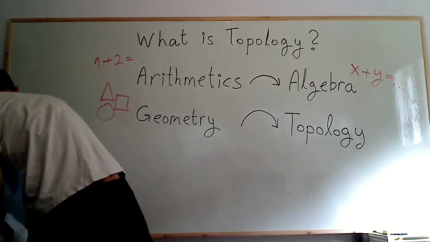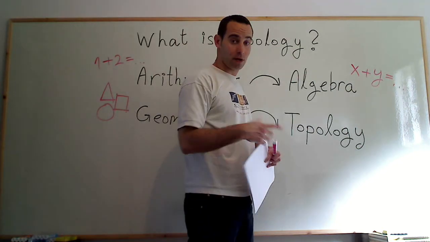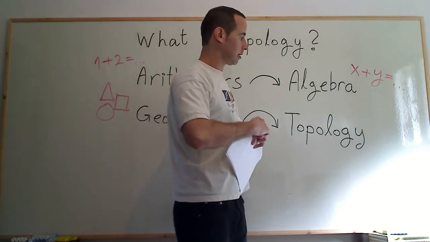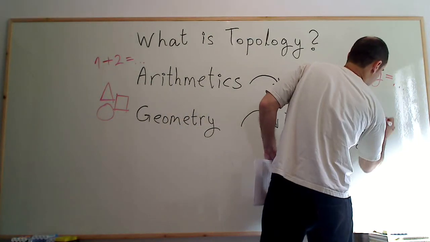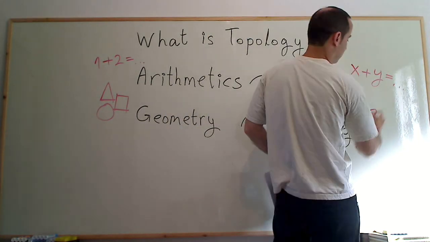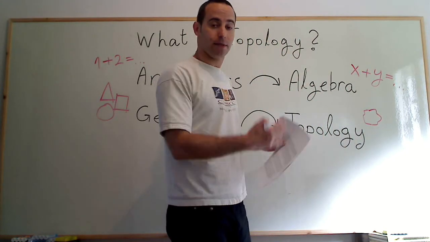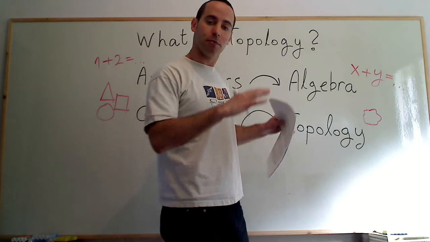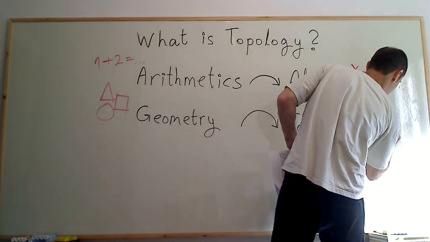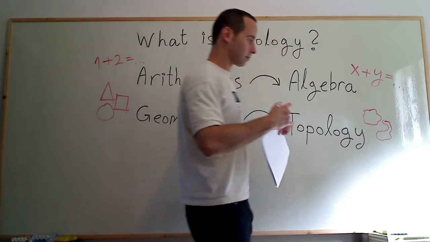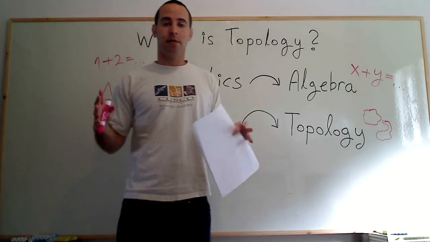So topology, I don't have a way to draw it because it's more generalized, but I'm giving you an amorphic shape to symbolize that it's less concrete and more generalized. Okay, so things like that. It deals with spaces which are